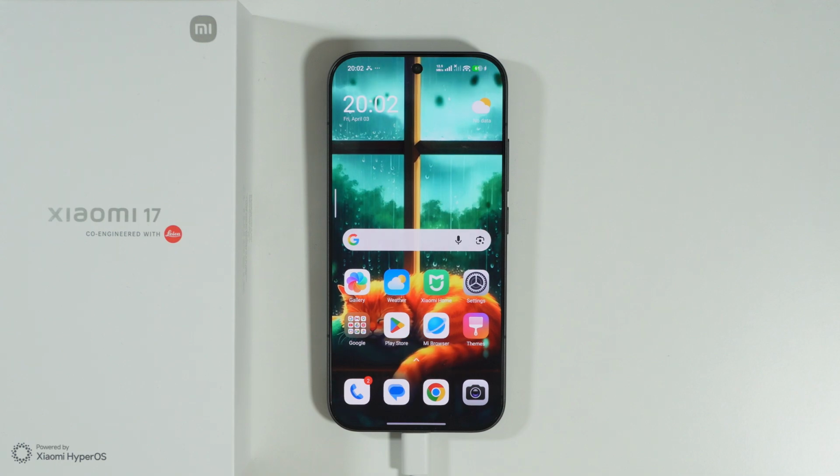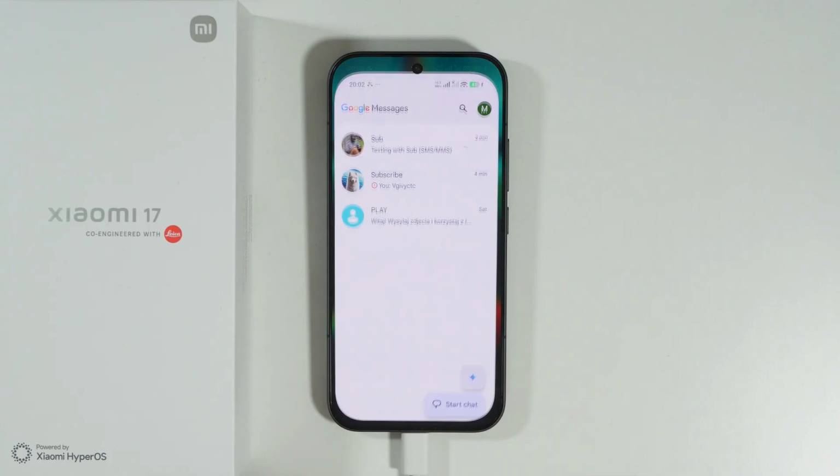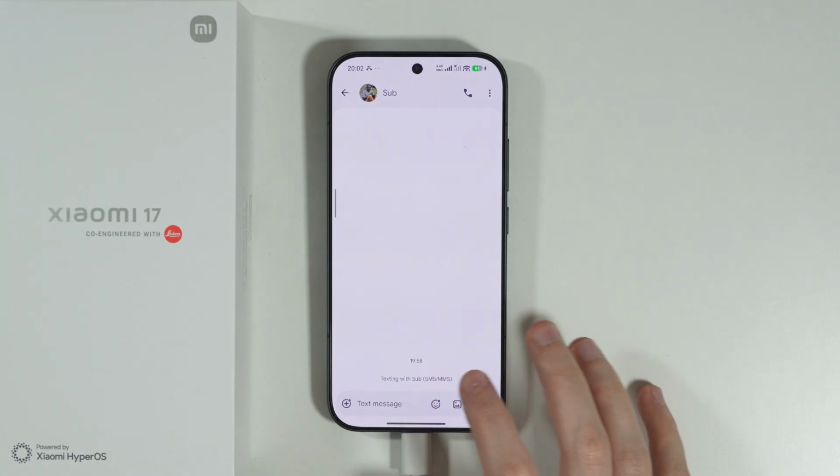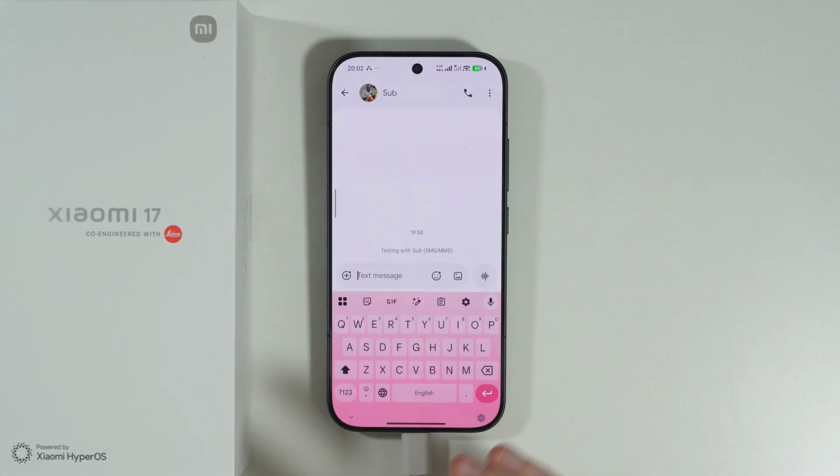To enable voice to text on Xiaomi 17, first of all, we need to open an app where we can of course enter our text. So let's say I'm gonna use the Google Messages in this case. And let's go to any example conversation, and I'm gonna tap on text message field in order to open the